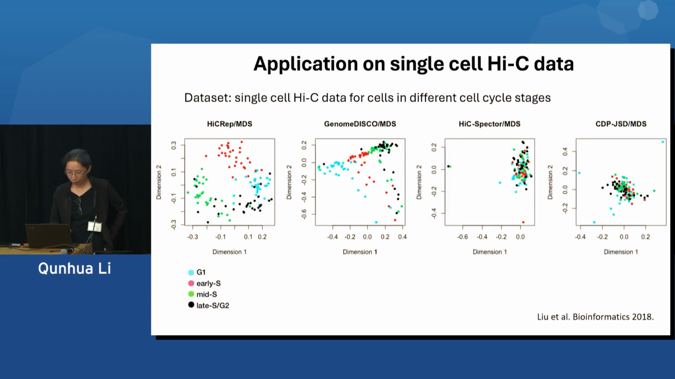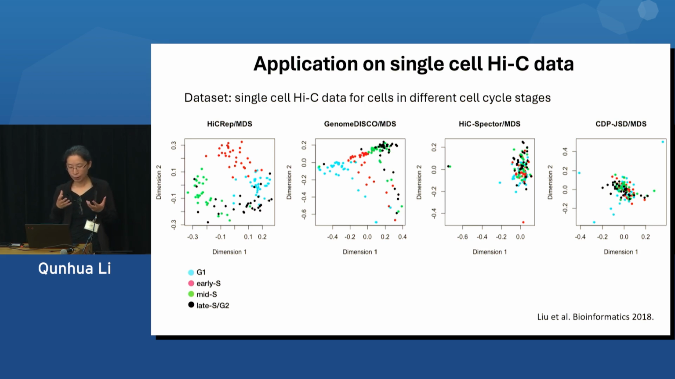And then Bill Noble's group actually applied this metric and some other metrics to compute the reproducibility, or as you can see, it's kind of like a similarity metric. So they applied this to single cell Hi-C data. They found that our method is able to